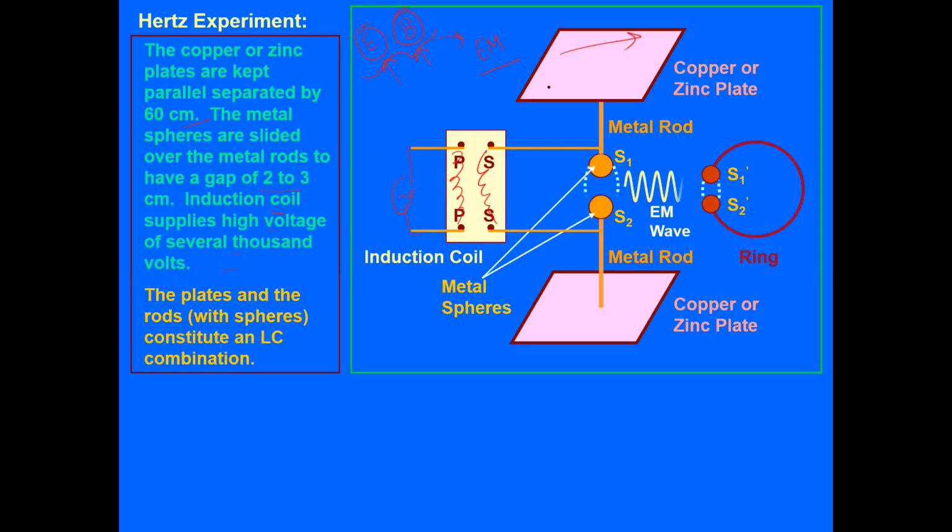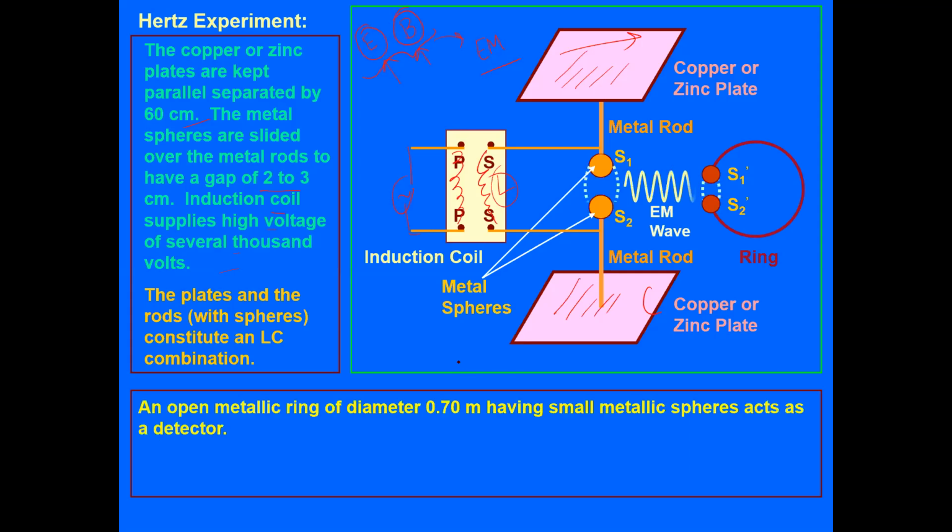So basically these separated plates are like a capacitor, and there is a coil, so an inductor. This LC combination, the LC oscillator, can produce a certain frequency. We discussed LC circuits previously in the magnetic induction chapters.